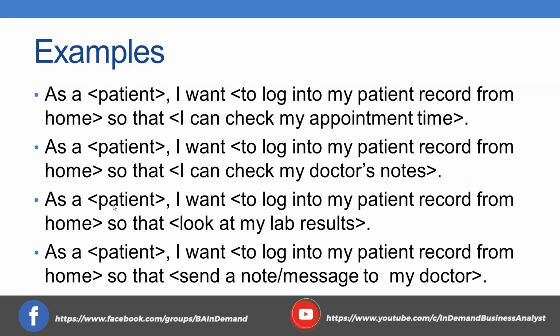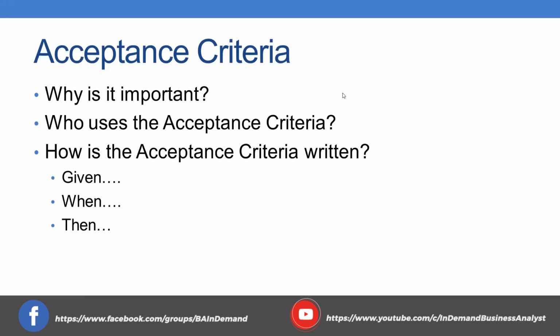Another example is, as a patient, I want to log into my patient record from home so that I can look at my lab results. As a patient, I want to log into my patient record from home so that I can send notes and messages to my doctor. At a high level, this gives you what functionality or features we're trying to build. Now, if you add the acceptance criteria,